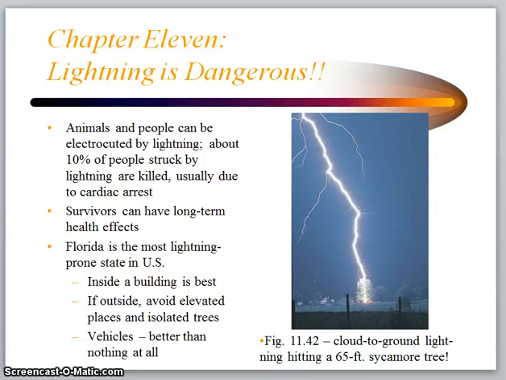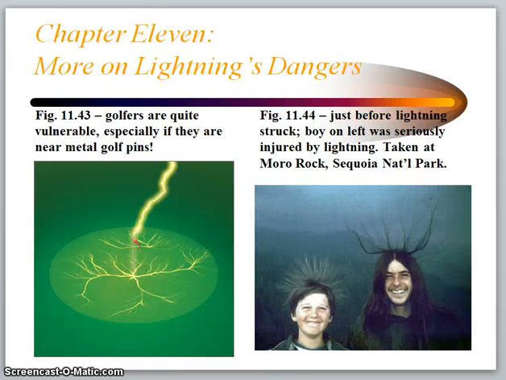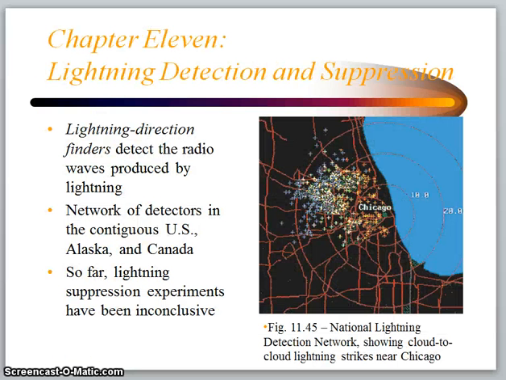Here is a cloud-to-ground lightning stroke hitting a 65-foot sycamore tree. You don't want to be there. This is how lightning is dangerous to golfers and to hikers. That picture on the right was taken at Sequoia National Park. Lightning detection systems are developed so we can see lightning where it